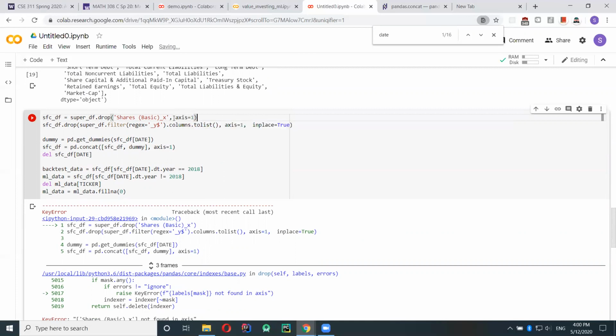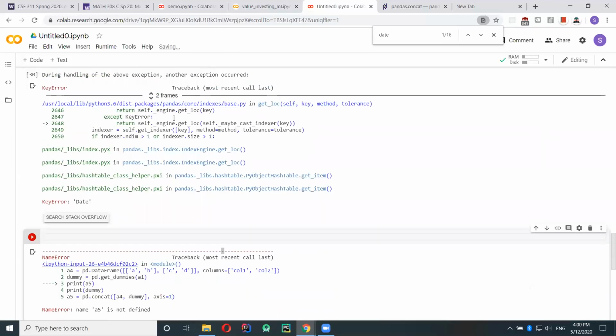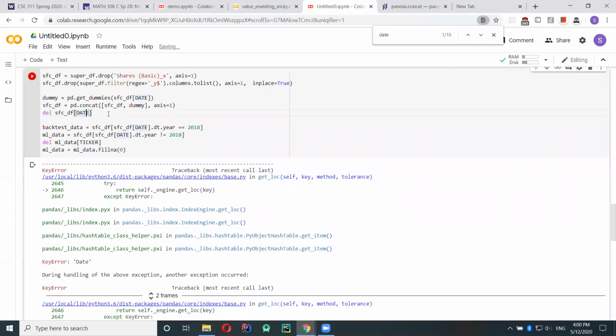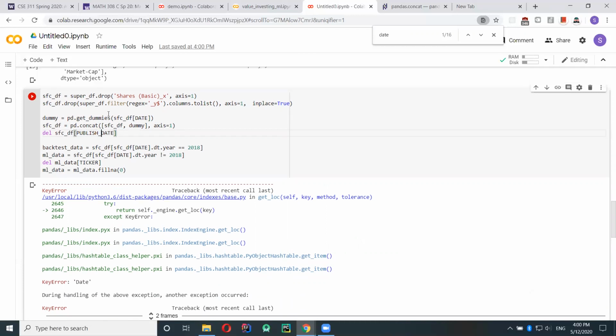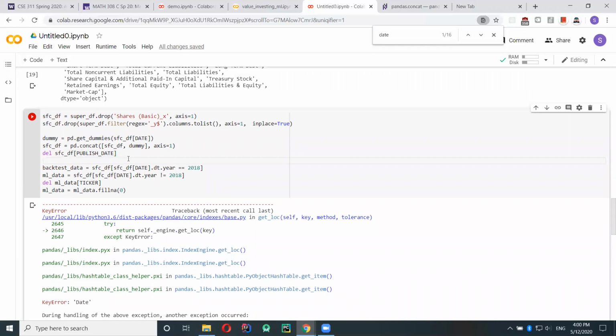However, we want to have axis equal to 1, because we want to look through the columns and delete the column. That is the basic truth.